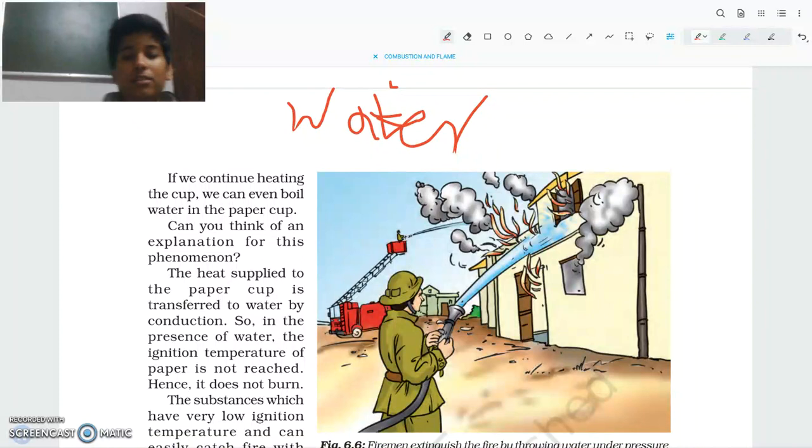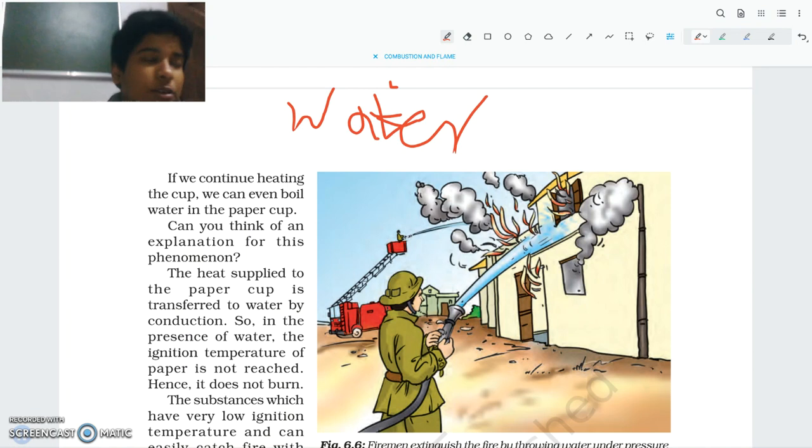By water, I mean that if there is fire in a place, mostly people use only water. But on electrical appliances, we should not put water, as electricity could pass through the water and reach the person who is throwing water on the building to put out that fire. And for that, what do we do?